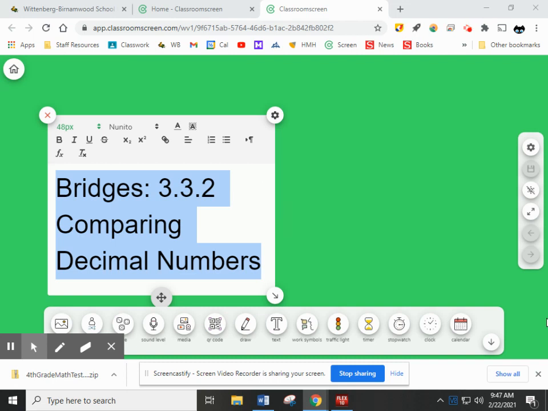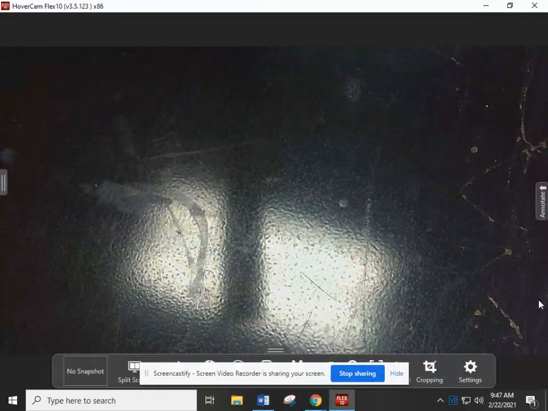Hello, people at home. Here we are comparing decimal numbers today. And actually, we're going to be using something that we're very, very used to using, and it is money. So today, as we work through our lesson, we're going to be comparing decimal numbers, but we're also going to be using money. So to begin with,